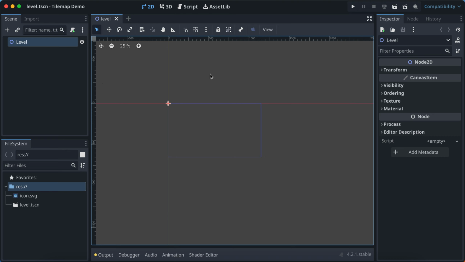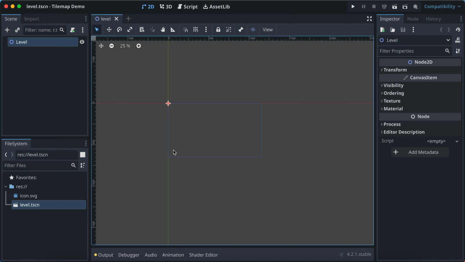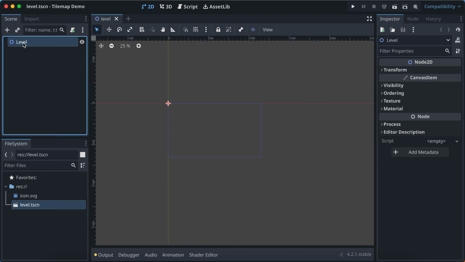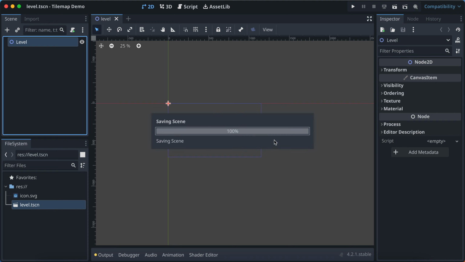We can test our game by clicking play. Nothing will happen at this point, but it's good to test very early on because the game right now, Godot, does not know that level.tscn is going to be the place where players will play the game. But this will be the place where players play the game. We plan for this, so if we have level.tscn selected here, level, we just click play, and then it asks us which scene do you want to be the game? Which scene do you want to be the start scene for the game to start with? And well, we only have one scene, level.tscn, so we just click select current,